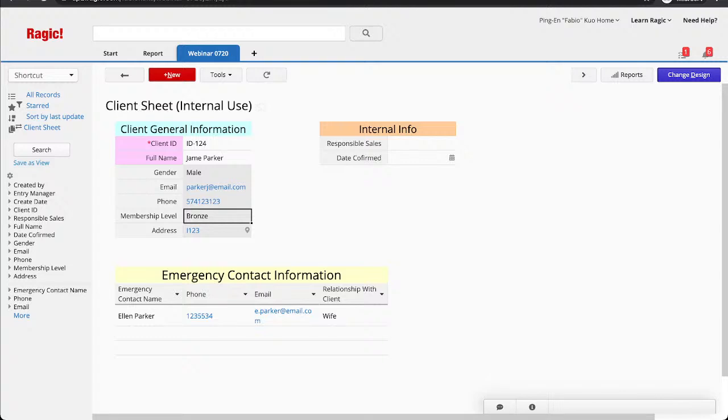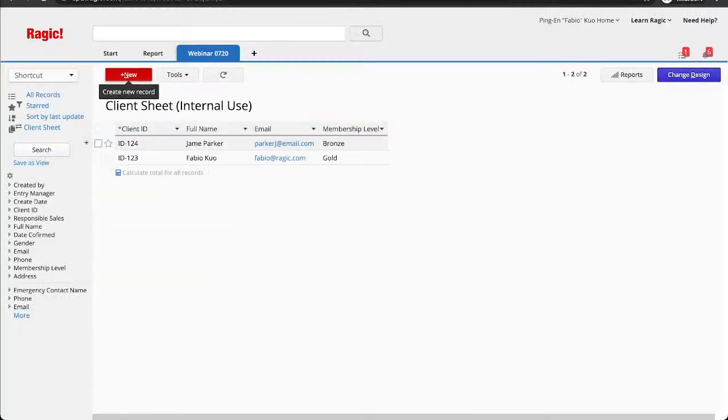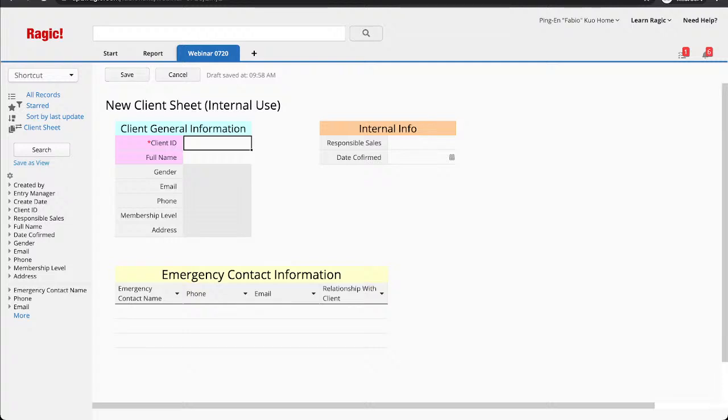And basically what I'm going to do is create a courses sheet to allow clients to register for new courses, and you're going to see when they register new courses, they can go back to their own internal client sheet to see which courses they've registered. So right now, let me just create more client information first for later use for link and load. Oops, I should go back to the client sheet first.